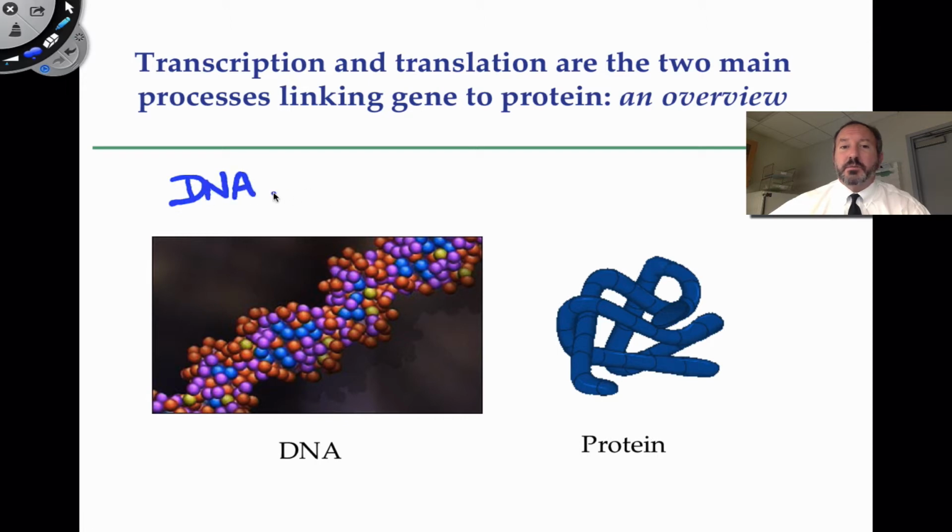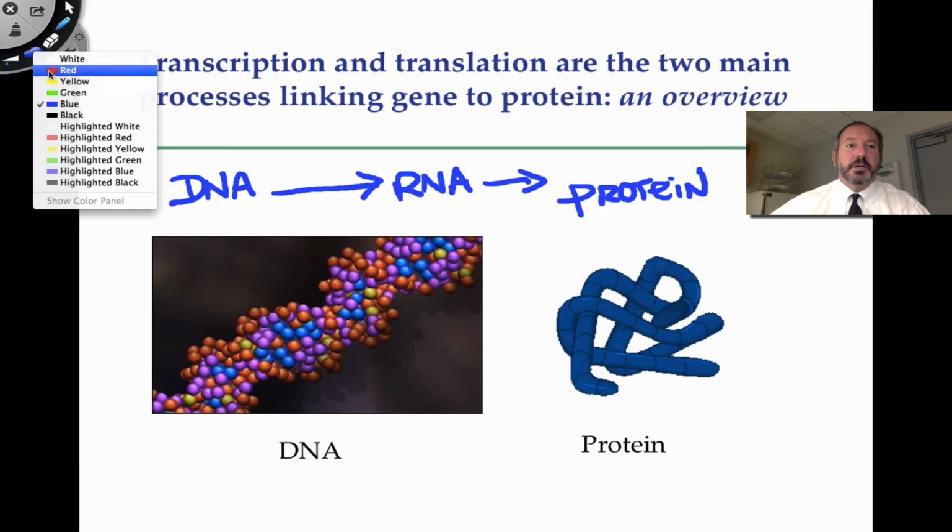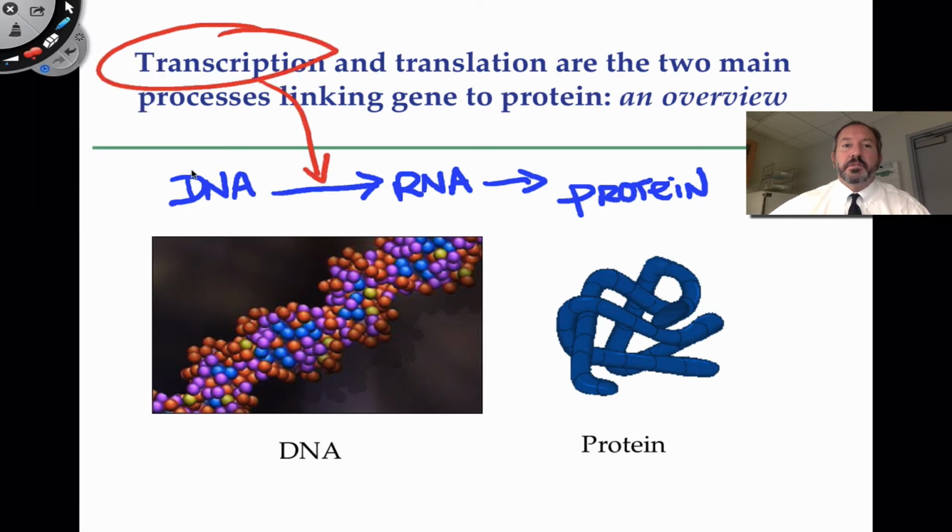So we're talking about DNA, and what's not shown in this picture is the intermediate molecule ribonucleic acid, which then translates into protein. This is a fundamental and major concept of biology, so it's certainly worth our conversation today. By transcription, I mean the movement of the material from DNA into RNA. It's literally being transcribed into a different intermediate molecule, RNA. By translation, I mean this: the language of nucleic acid is being translated into a language of amino acids, in other words, the sequence of a polypeptide.